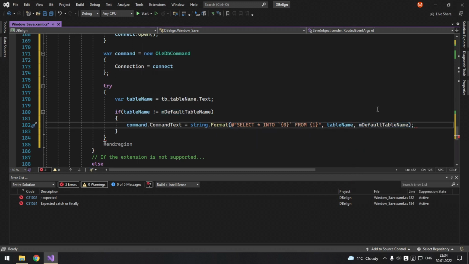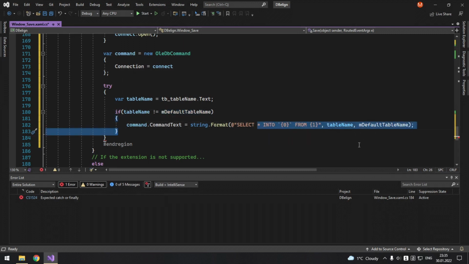So what we simply do here is, if the table name does not equal the default table name, first we copy the data from the old table, and then we will drop the old table.